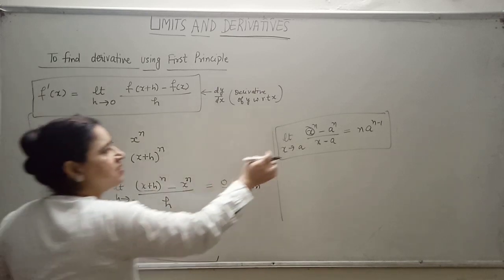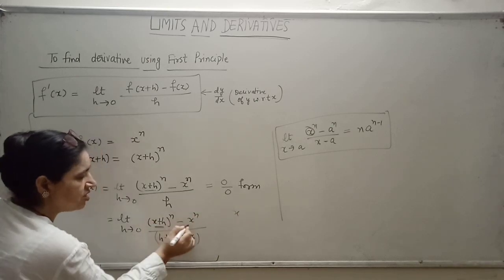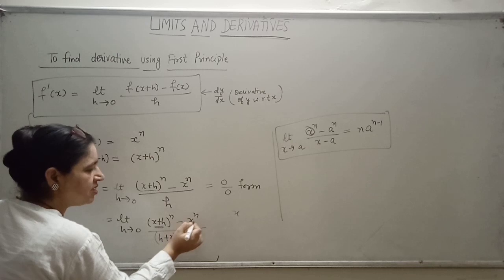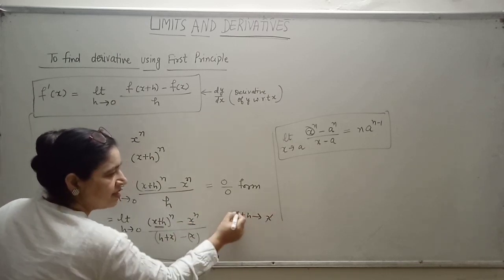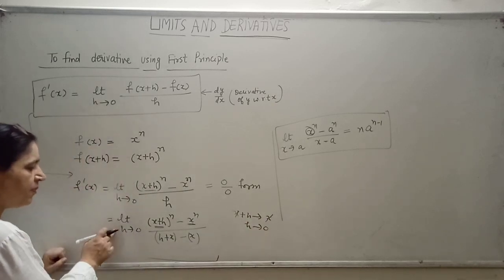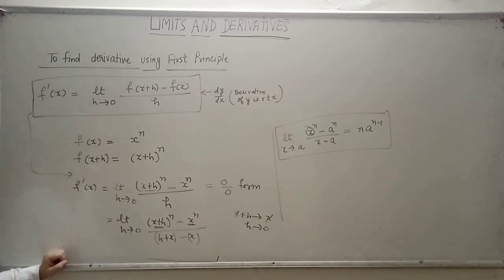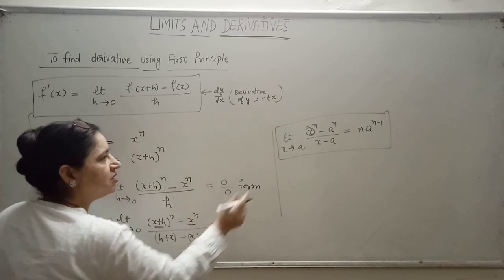Limit क्या होना चाहिए? x is tending to a means x plus h. This x plus h is tending to a. ऐसे होता है ना, x is tending to a. तो x plus h is tending to x होना चाहिए. x plus h tending to x. x cancel by x, तो h is tending to 0. It means it is exactly, अगर आप यहाँ पर plus x कर दो, यहाँ भी plus x कर दो, लिमिट भी उसको मैच कर रही है. Limit is also matching. So okay, now I can apply this formula.